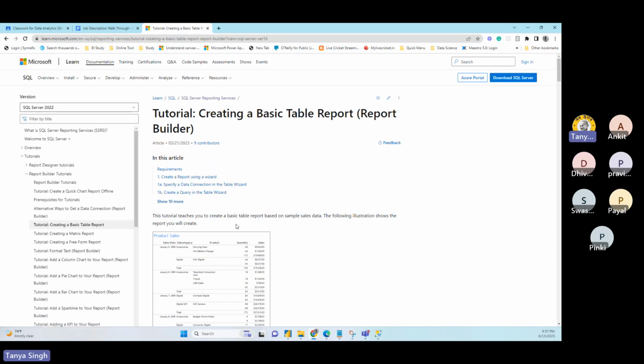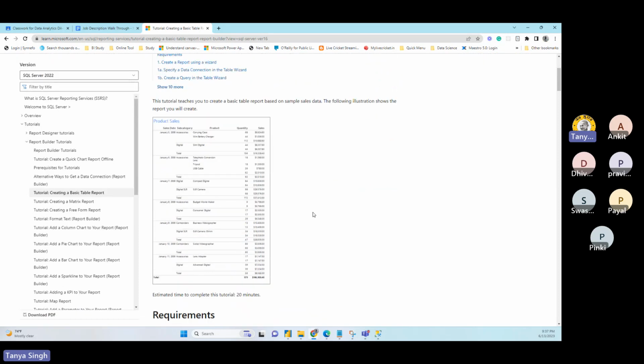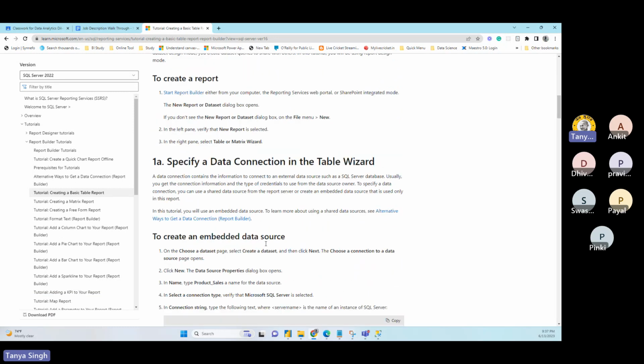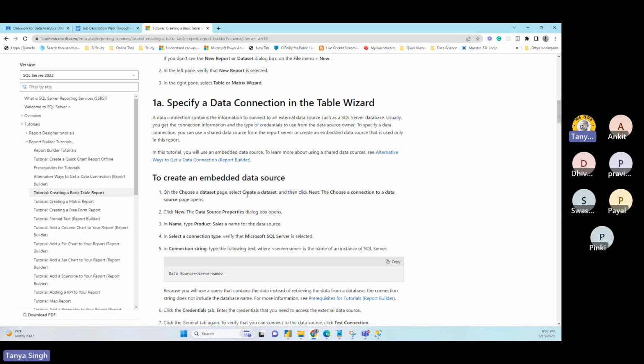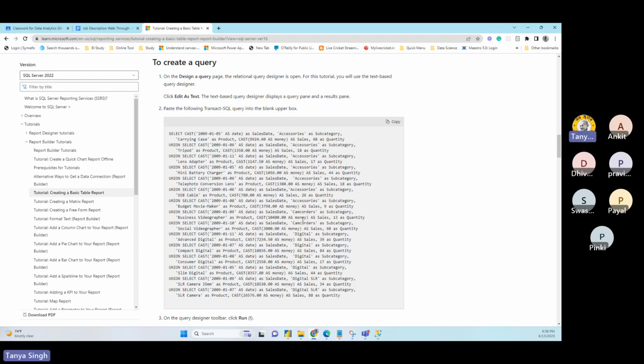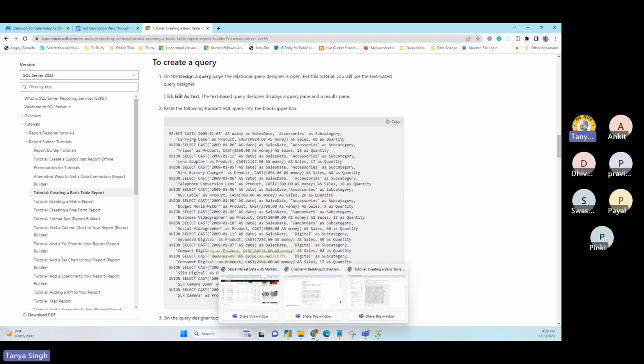Creating the basic reports: if you have never created any report, they explain how you can create one. Start with a new report, and everything is step by step: choose a dataset, select a dataset. I know that despite this, it will be a little complicated for someone doing it the very first time, so no need to worry about this side either. We'll learn slowly how you can do this, but these tutorials are good for getting a high-level understanding, or even detail, if you have time.